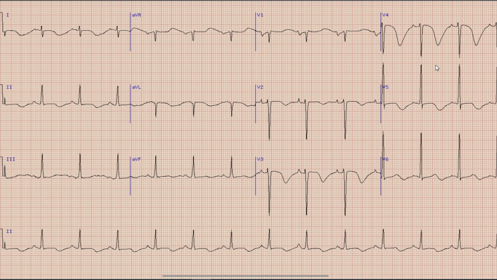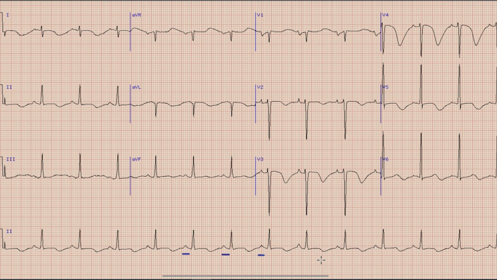As you know, the first step, as always, in an ECG interpretation is assessing the rhythm. For rhythm, we look at the rhythm strip or lead 2, which is a long lead at the bottom of the ECG. Here you can see that there are upright and prominent P waves before each QRS complex. Presence of these upright and prominent P waves before each QRS complex means that this is a sinus rhythm.